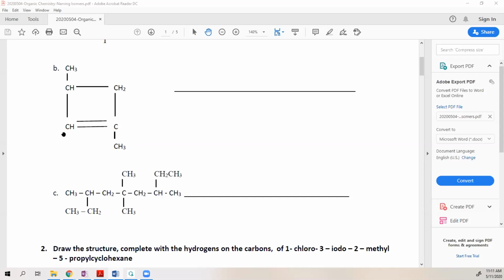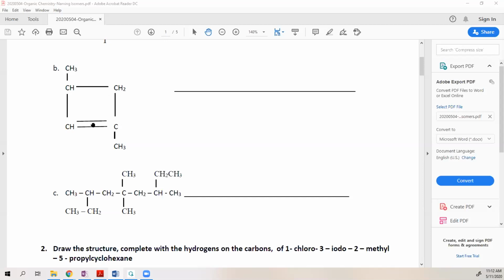So if we had to choose between this carbon on the left and this carbon on the right, we should choose the one on the right because this methyl now becomes a 1, instead of if we chose the one on the left, that methyl would be a 2. Right? So you wouldn't want to start here and list it as cyclobutene, carbon 1, and then have this be on number 2 and number 3, or 2 and number 4. We would rather start here and have it be a 1, 2, 3. So a 1, 3 dimethyl